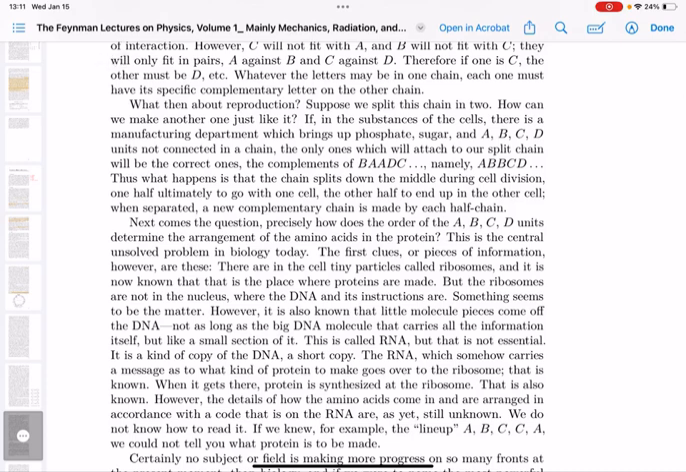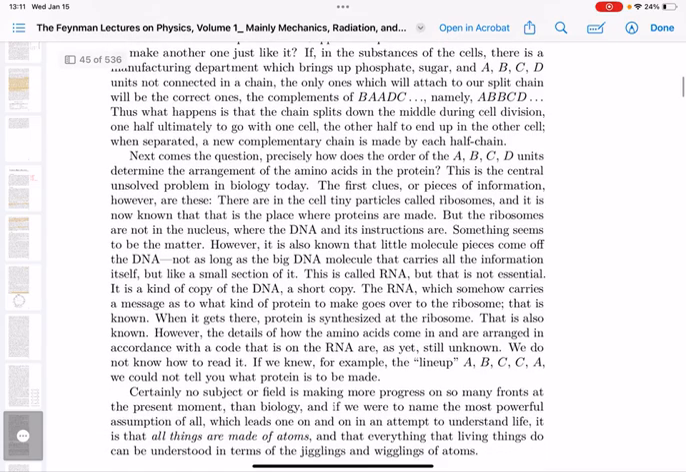Suppose we split this chain in 2. How can we make another one just like it? If in the substances of the cells there is a manufacturing department which brings up phosphate, sugar, and A, B, C, D units not connected in a chain, the only ones which will attach to our split chain will be the correct ones. The complements of BAADC, namely